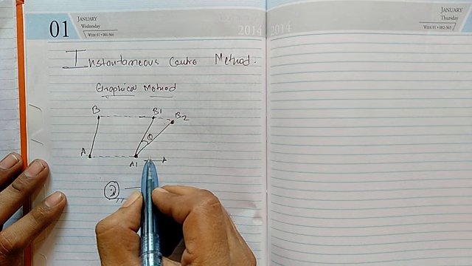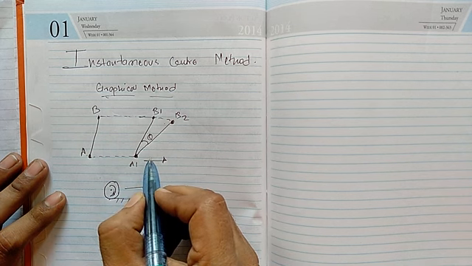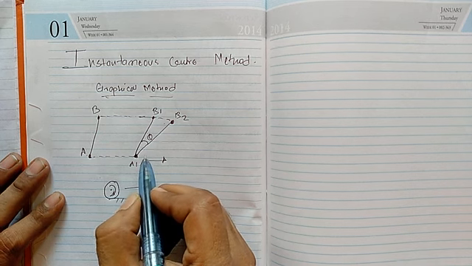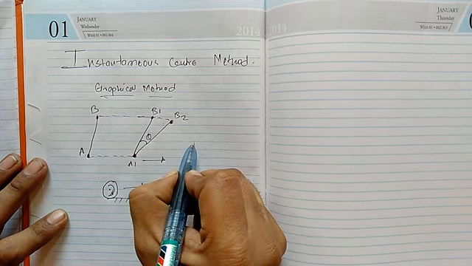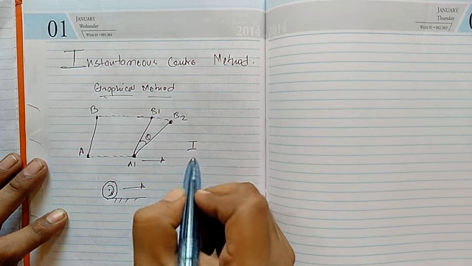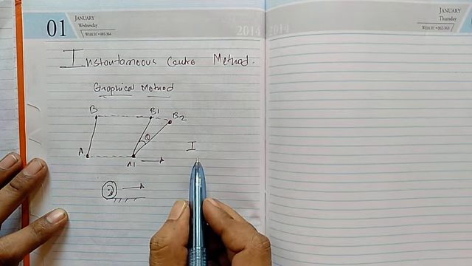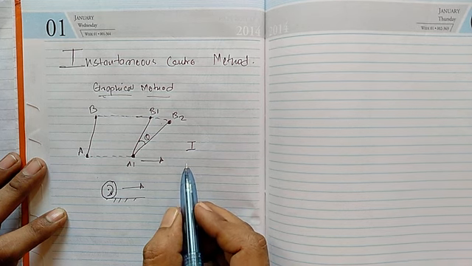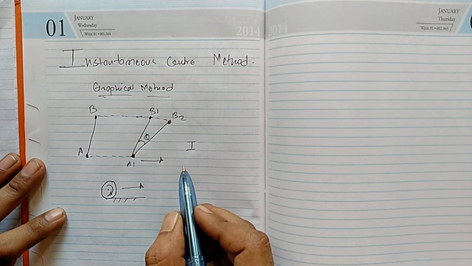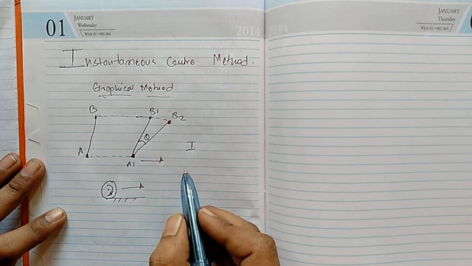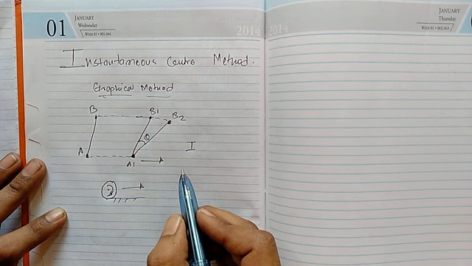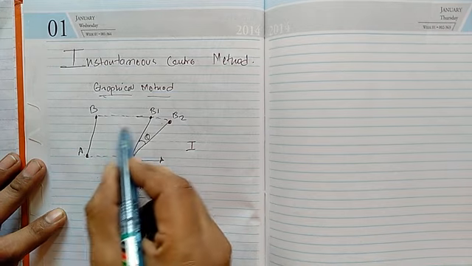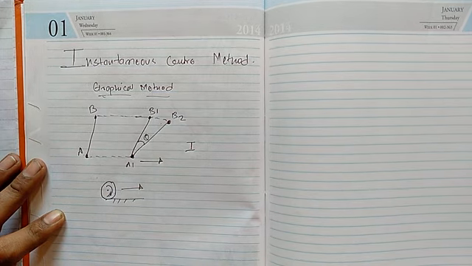But I want to consider only one type of motion, that is pure rotation. How can you determine the pure rotation? For that we require the instantaneous center, which is denoted by I. So what is the instantaneous center? It is a totally imaginary or virtual center. About that center, the body will have instantaneous rotation, that is pure rotation. Understood? I want to determine the instantaneous center of that system.